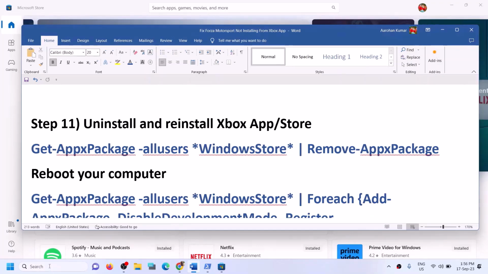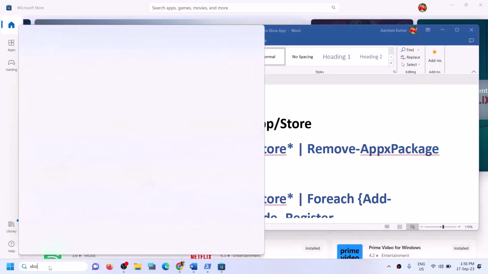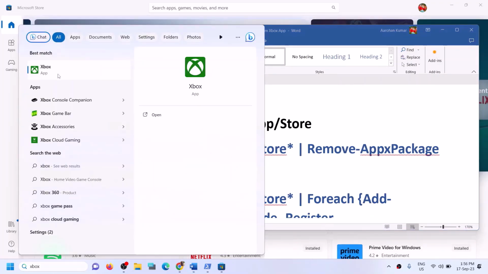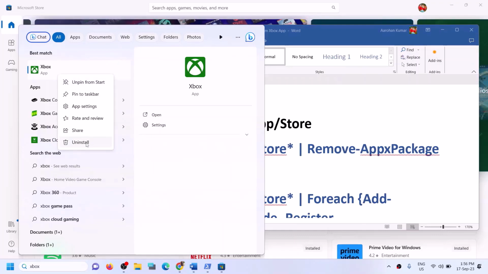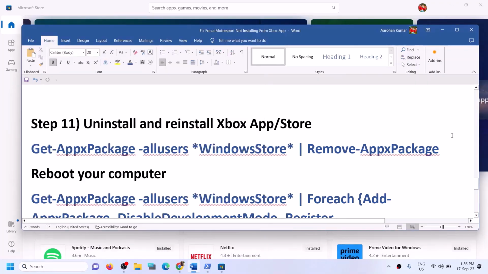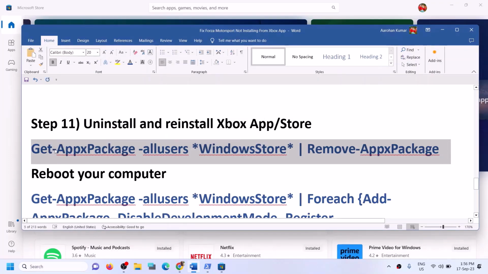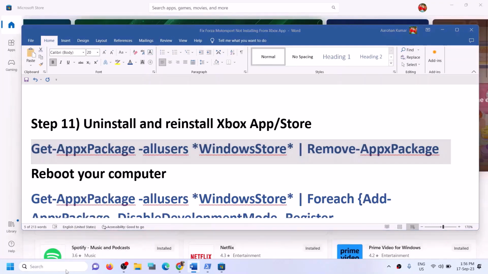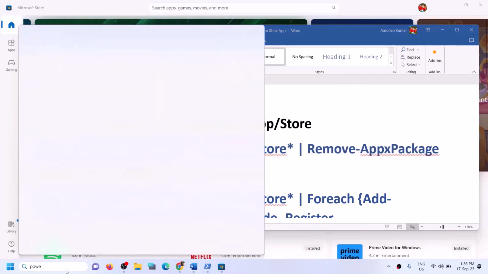Now to uninstall the Xbox app, you can type Xbox app in the Windows search box, then right-click on Xbox app and click on uninstall. Now once the Xbox app is uninstalled, copy the first command and then type PowerShell in the Windows search box